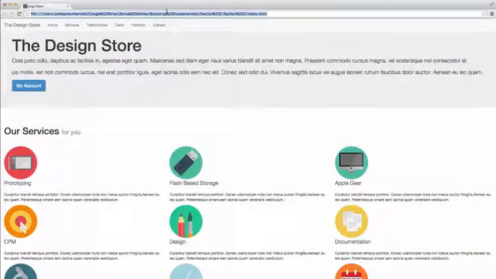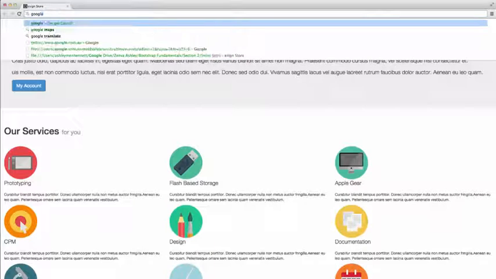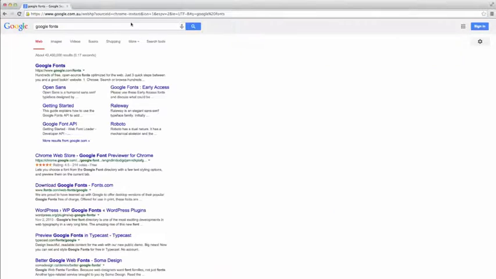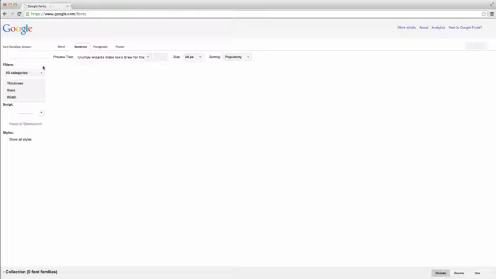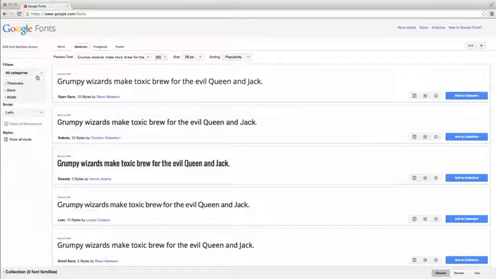In this video, we're going to check out some fonts at Google Fonts. So let's go on and Google for Google Fonts. Click on Google Fonts. We want to find some fonts that we want to use with our design. It's a very great asset to any designer or developer, Google Fonts, as we're able to go through certain filters,